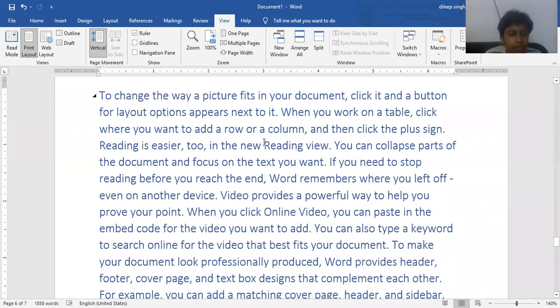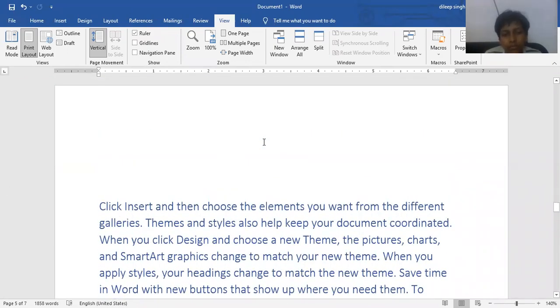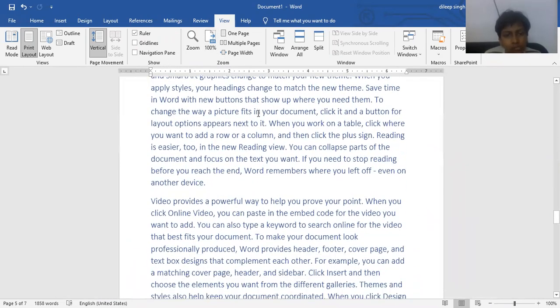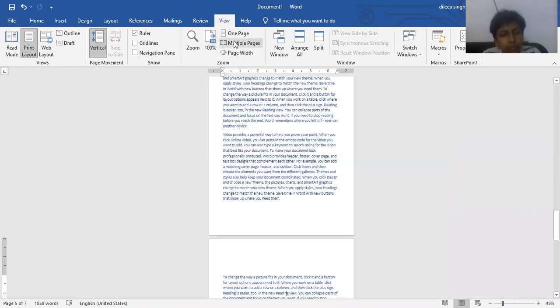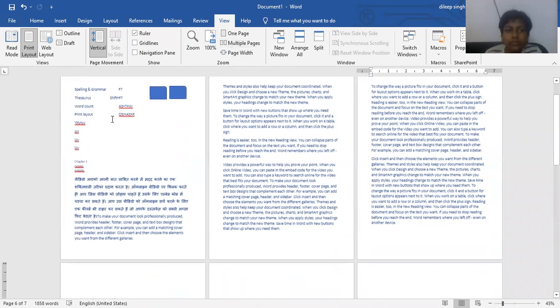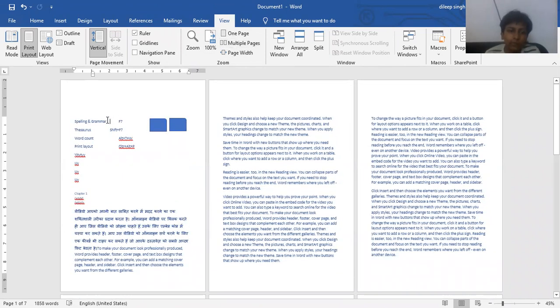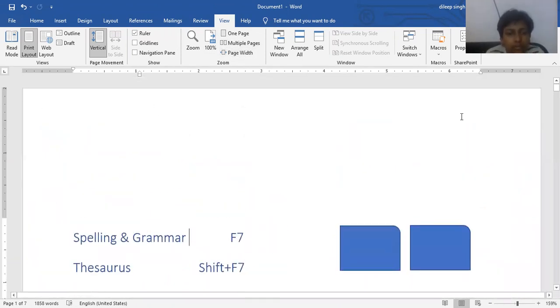Yes, sir. Next option, if we want to change the view of your page, here is the option 100%. It is the actual page area, that is 100% view. If you want a one page view, just click on this. If you want multiple pages, it becomes like this. If you want to fit the page width in your window, just place your cursor and click on it. You will get the full width of the page in your document. It will automatically adjust the width of your page within the window. We generally work with this option.